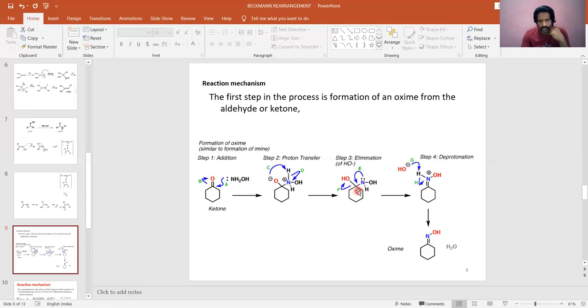Okay, now look here. What is next? Now we have an OH group, and CNOH is there. So the next step is an elimination reaction. We need to get a C double bond N bond. So this OH is going out, and the pair of electrons on nitrogen is shifting here, forming a C double bond N bond. Simple elimination. This OH and H have to be eliminated to form C double bond N.